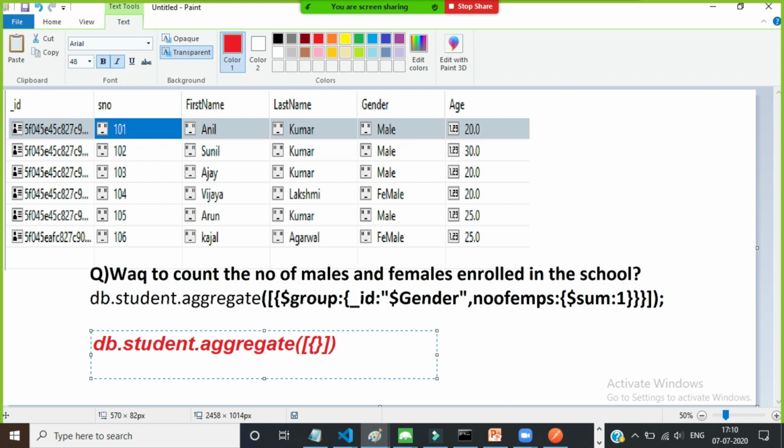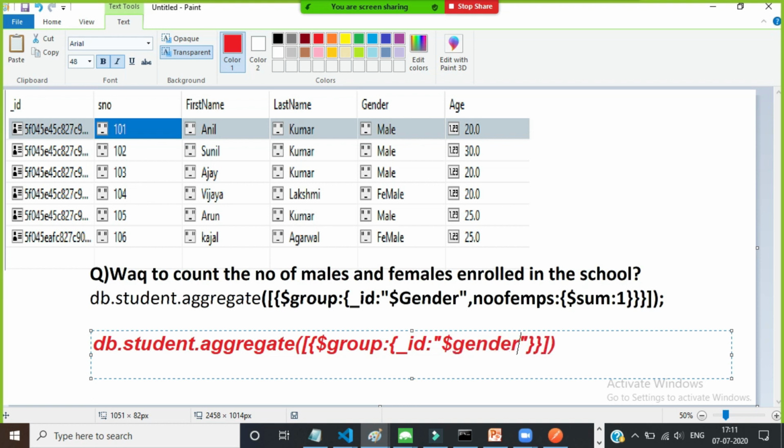Within this you can write $group, which means we are applying group by. Is it clear? Then the group column: I will group by a column name. On which column do you want to apply group by? Gender. It maintains the data in the form of key and value pairs. So the key is _id, comma, and here you apply dollar, then the column name on which you want to apply it: gender.